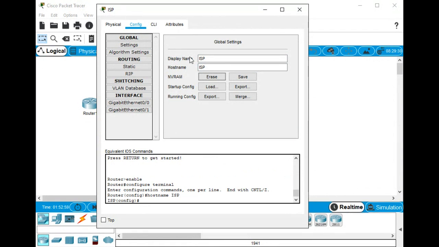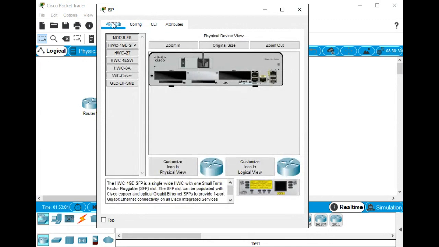Now I need to, let's go to the physical screen and look at this router. Oh, look, the router has got 2 Ethernet ports and doesn't have any serial ports. Remember in our lab, we have serial ports over here. We have a little 4-port switch over here. Okay, I need to apply this